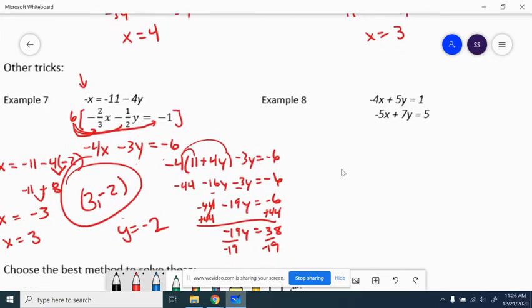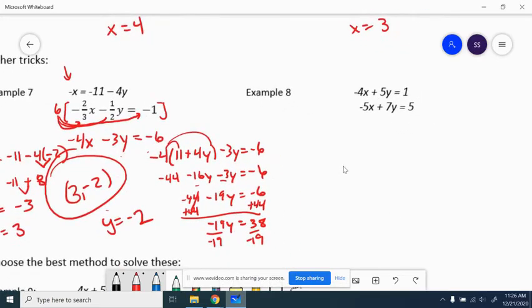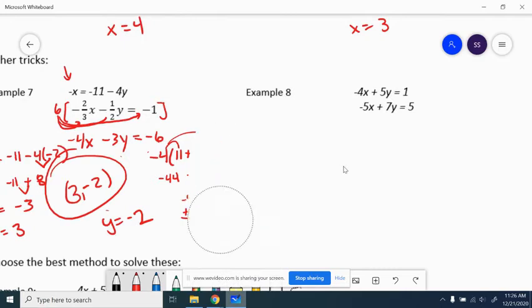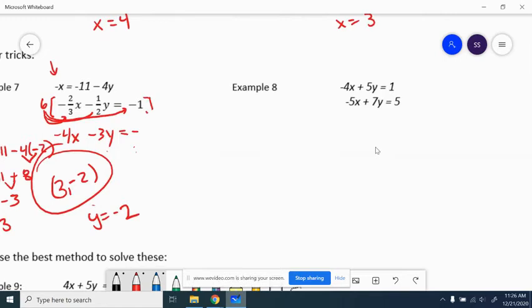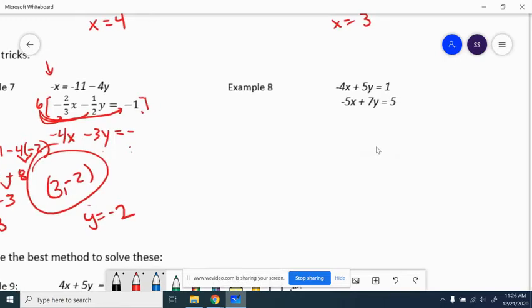All right, number 8. I'm going to erase this a little bit so I have more room. Okay, so I don't have any variables that are going to cancel, so I could do two things here. I could try to get the x's equal to a positive and a negative 20, or I could get the y's equal to a positive and negative 35. It doesn't matter which one you do. Just up to you. So I think I'm going to go ahead and try to get the top equation equal to